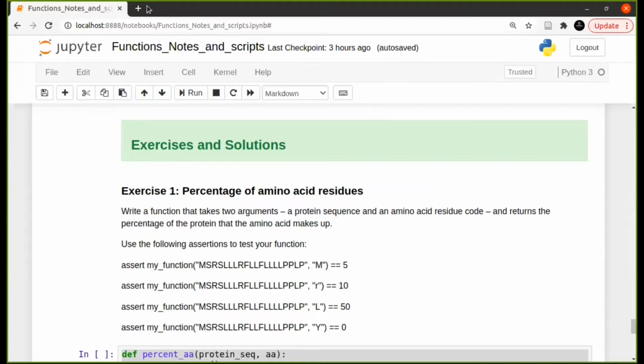So the first exercise was, again, something that you might do as a bioinformatician. It said that you had to write a function that takes 2 arguments, a protein sequence and 1 amino acid residue, and return the percentage of the protein that the amino acid makes up. It also gives you the following assertions, which you should have double checked to see if they're doing